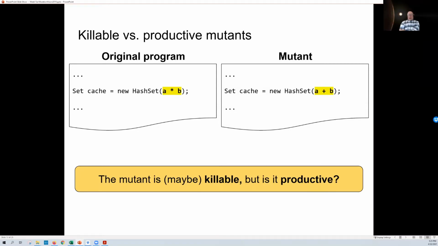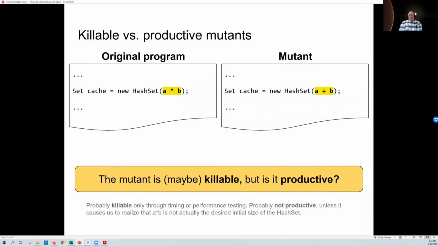So I might be able to kill this with some kind of a side channel attack. I might be able to kill this by doing a performance measurement, right? Because we could make the argument that I could strongly kill this mutant with a performance measurement if the hash set initialization took long enough. But yeah, maybe I could kill it. And it's probably not productive